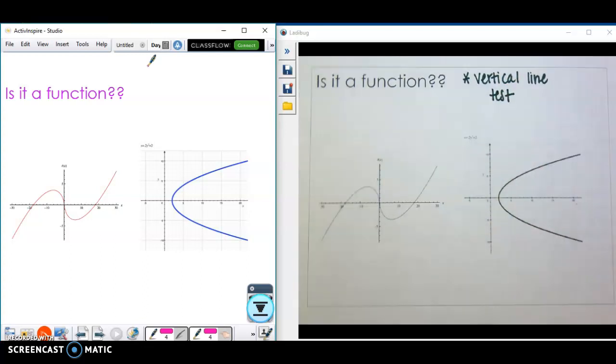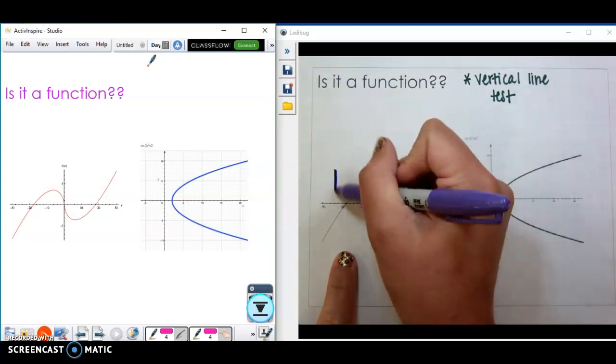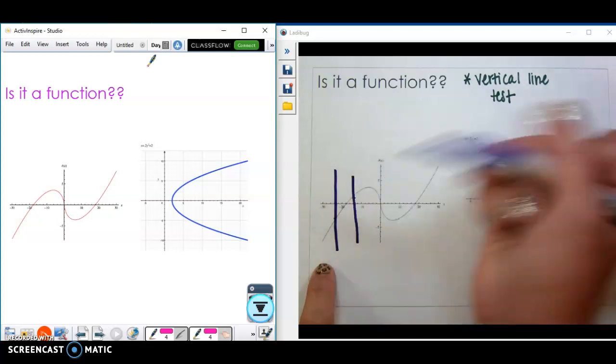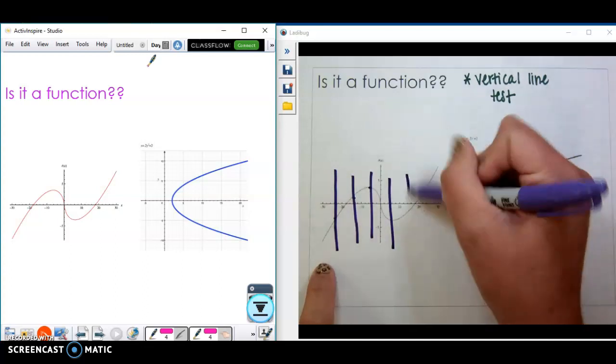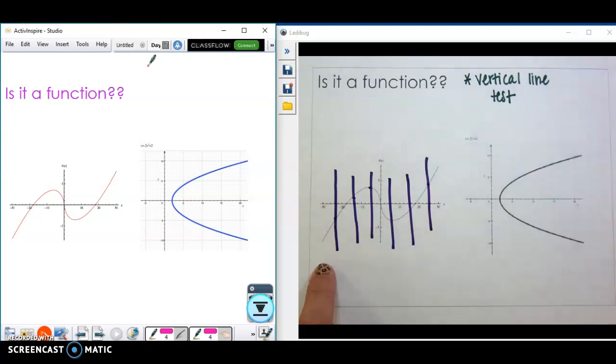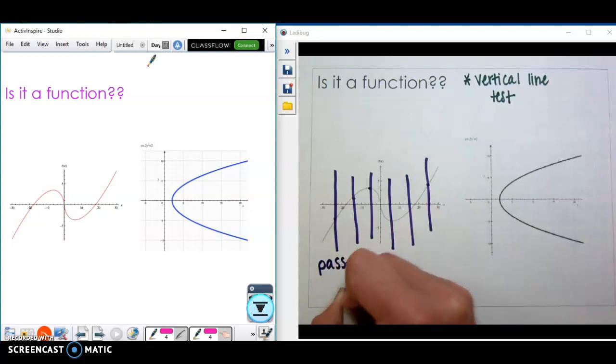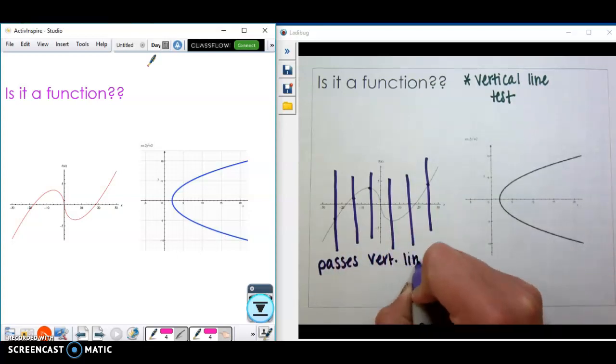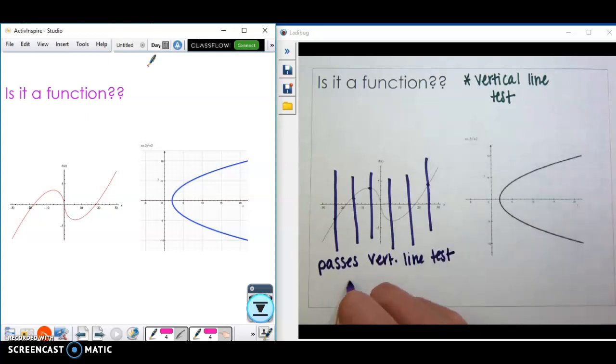What the vertical line test is: you're going to draw a vertical line through your graph. If that vertical line only touches the graph once, in every place you would draw a vertical line, it is a function. If you draw a vertical line and it crosses the graph more than once, then it's not a function. So in our first example here, no matter where you draw these vertical lines, that vertical line is only going to touch the graph once. So it passes the vertical line test,